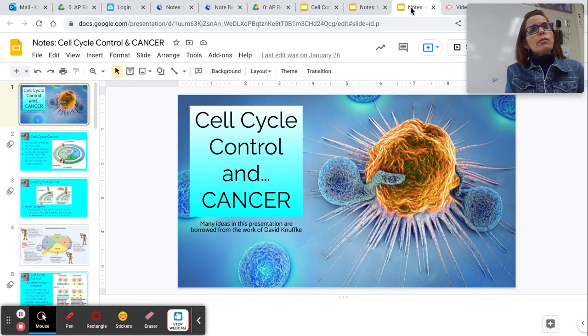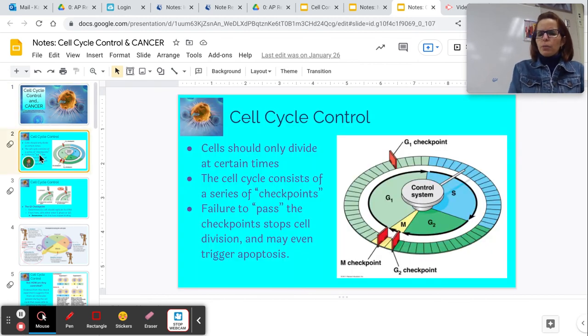Some of us are born with our checkpoints mutated. Let's see. And then cyclins, I'll just show that to you quickly. And then anytime that the cell cycle is out of control, that's cancer. It takes like 6 to 8 mutations before you actually develop cancer. So we have all the controls that we need. I'll just show you a couple of them just to remind you. There's the G1 checkpoint, and then the G2 checkpoint, and the M checkpoint.